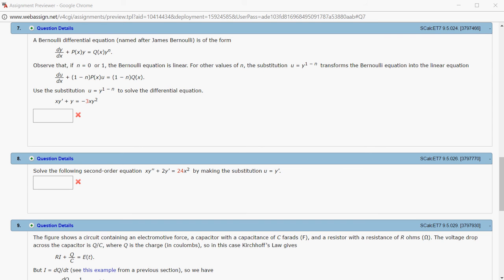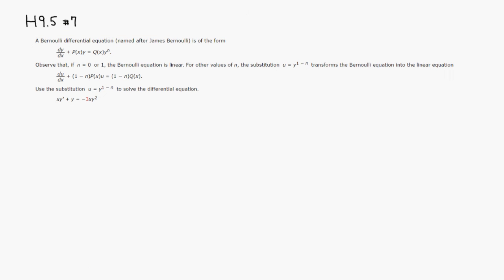All right, let's look at homework 9.5, problem number 7. Let's solve this Bernoulli differential equation. We have this equation, and the first thing I would do is divide through by x, so that we have y prime